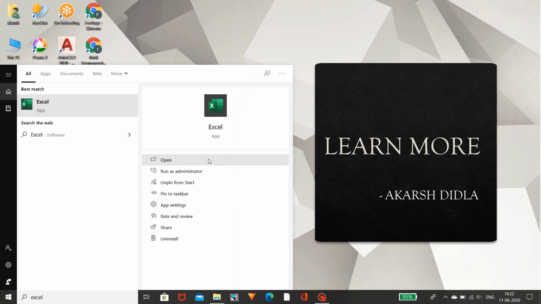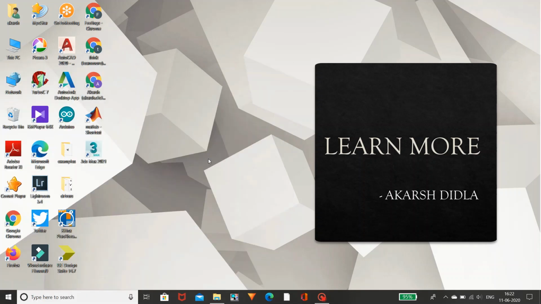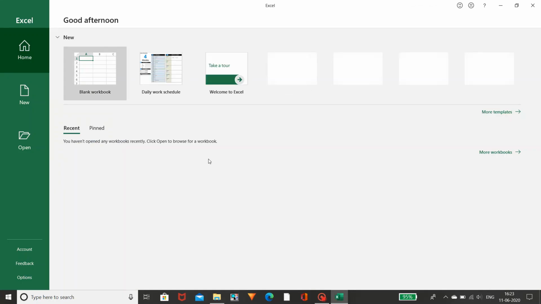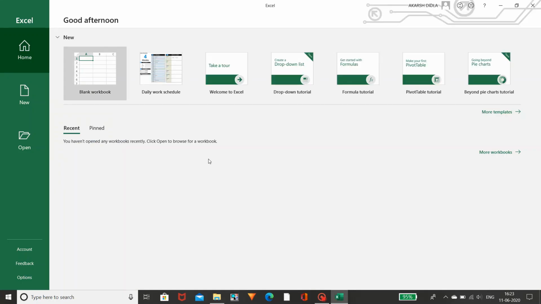MS Excel is nothing but Microsoft Excel. So in general, Microsoft Excel is used for billing purposes, or for major calculations, or attendance purposes, or for the student mark list, or in various ways you can see the uses of this Excel. So this is the home page, or the main page which you are going to see when you open the Excel. You have different types of templates here, as you can see, and you can have more by clicking here more templates.